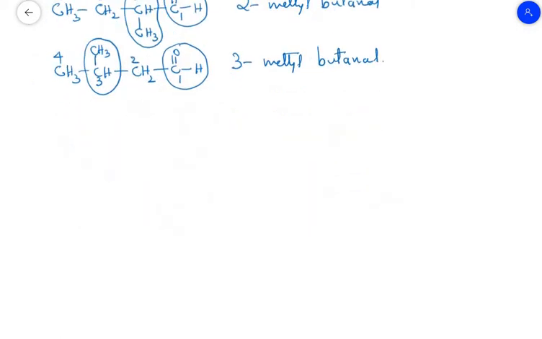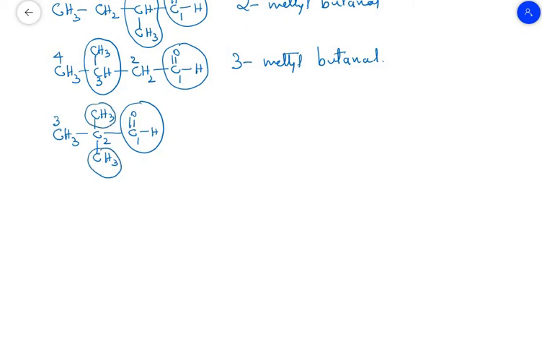And the last one is with respect to double branching. So let us write that structure now. CH3C, then followed by CH3, CH3. Total there are 4 carbon atoms now. Now let us write the aldehydic group which is terminal now. So this is the terminal aldehydic group. Preference is 1, second position here, third position here. But at second position we are having a methyl group, and here also one methyl group. So therefore the name of the compound is 2,2-dimethyl propanal.